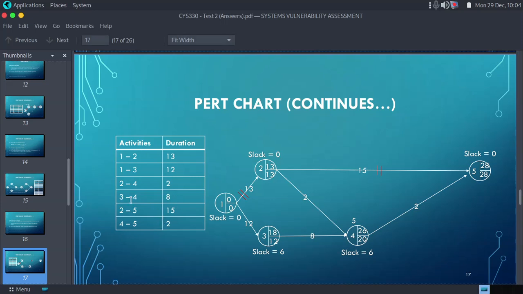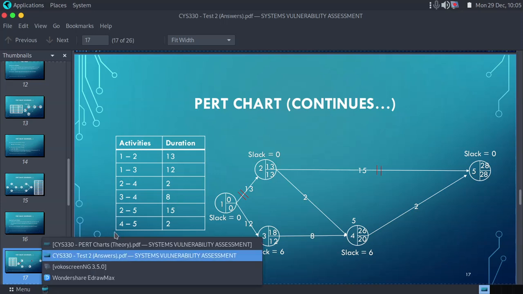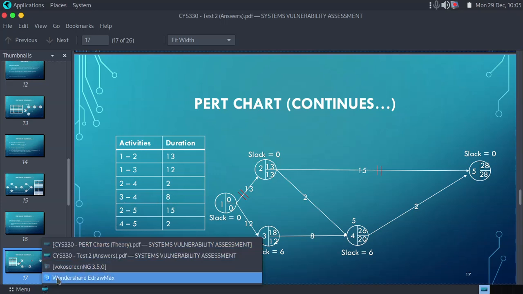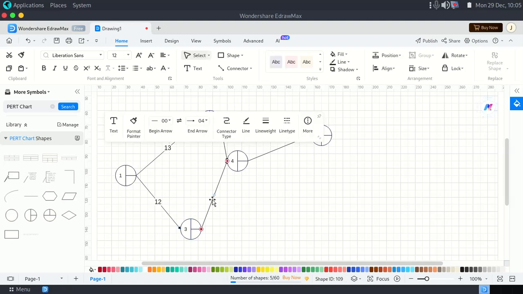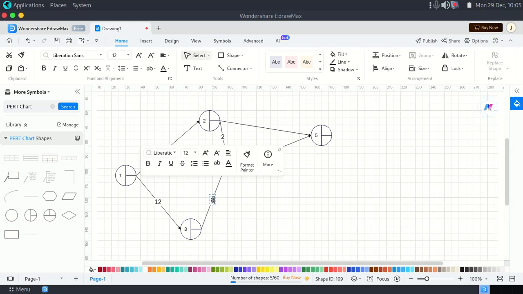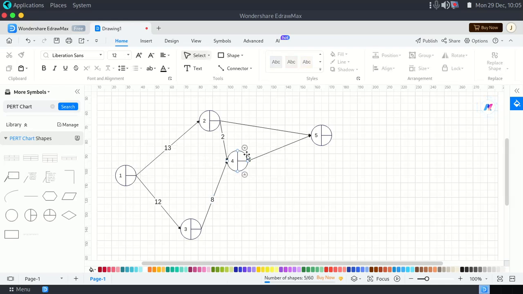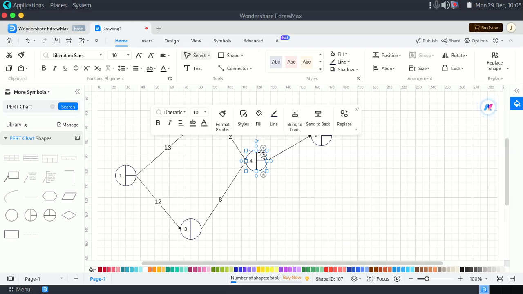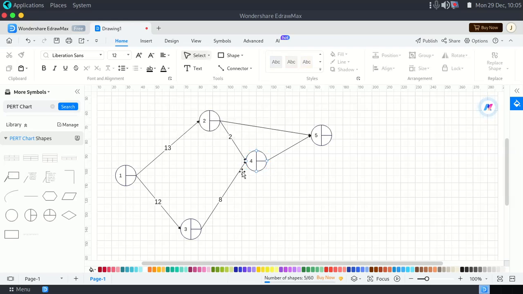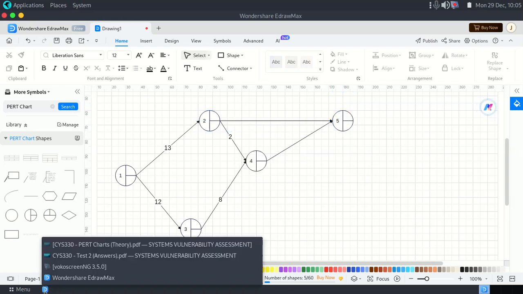Now 3 to 5 has a duration of 8. 3 to 4 duration is 8. So 3 to 4 duration is 8. So this can make sense for this duration of 8. So this duration can make sense for the duration of 8, I guess. And then, okay, now let's